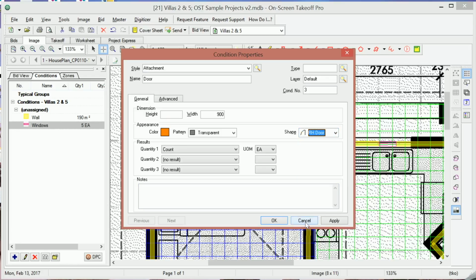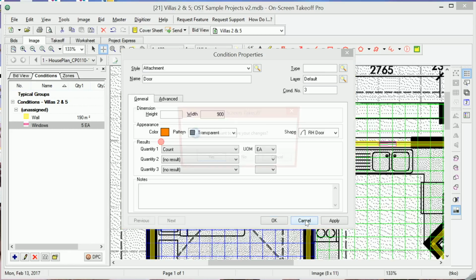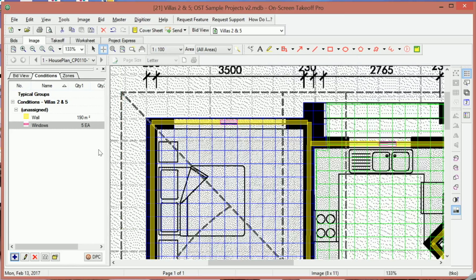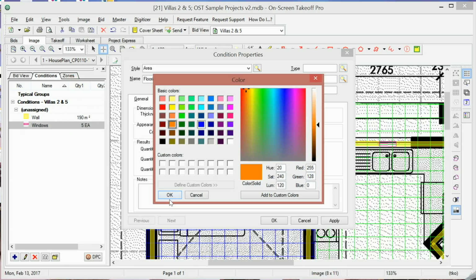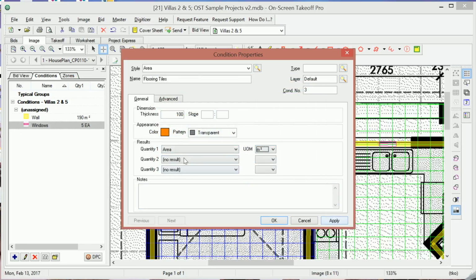Okay, but let's do something else. Let's try now a different type. For example, floorings. Floorings are done through the area function. Yeah, so floorings, flooring tiles. Okay, and we'll choose an orange color. Okay, so area and floorings are quantified using meter squared unit. Click OK,